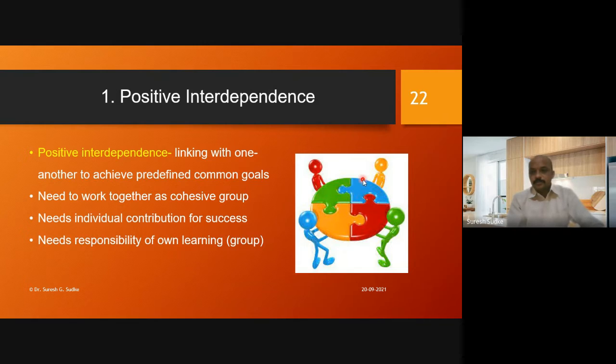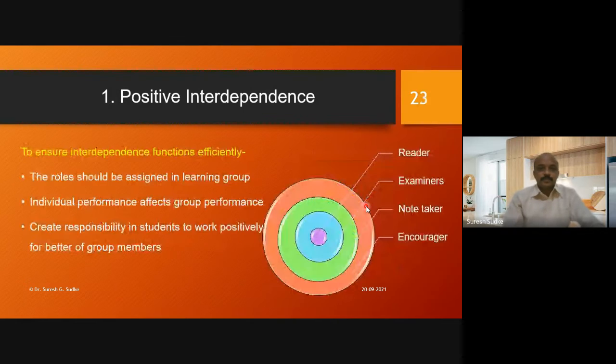Here I have shown you one diagram, and in that diagram, these are the four members of that particular group. To complete this particular task, every individual has his or her own skills and knowledge, and they apply their skills to attain the predefined common goals, and that is necessary for the success of our group. And to ensure the interdependence functions efficiently,